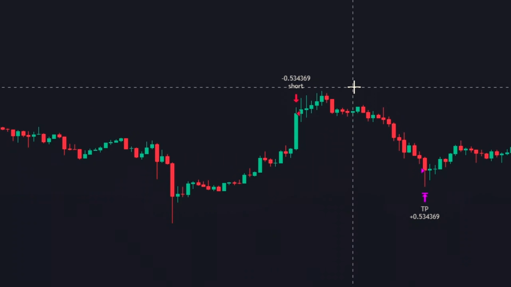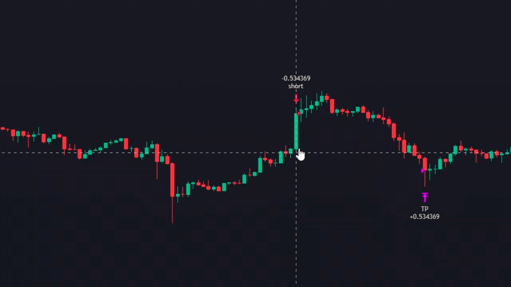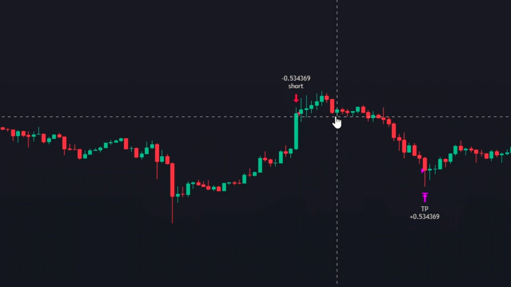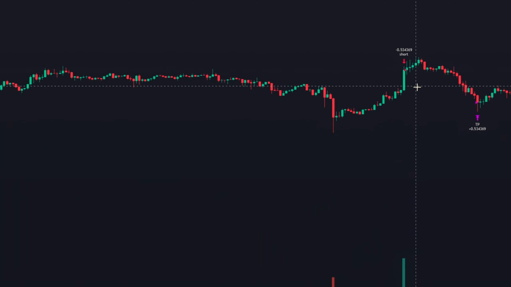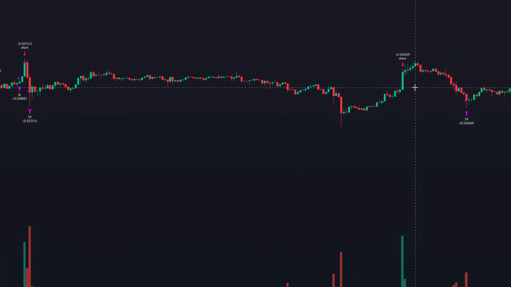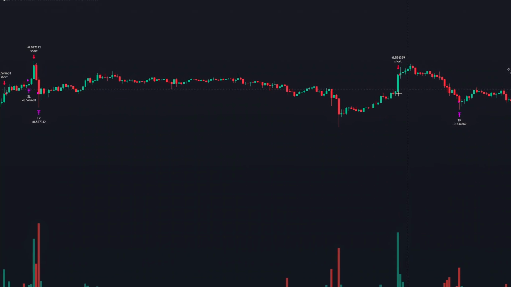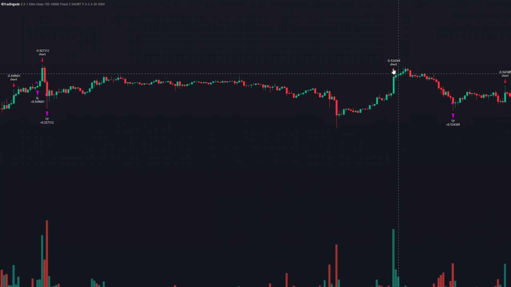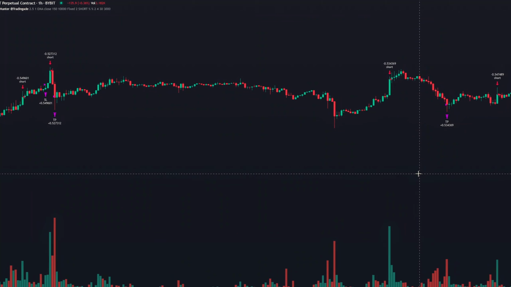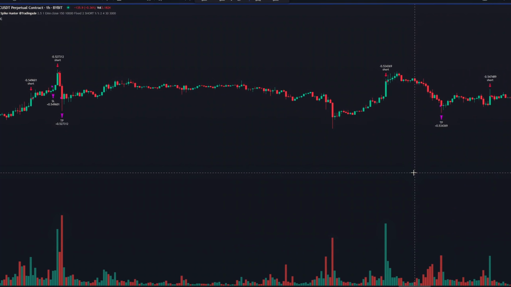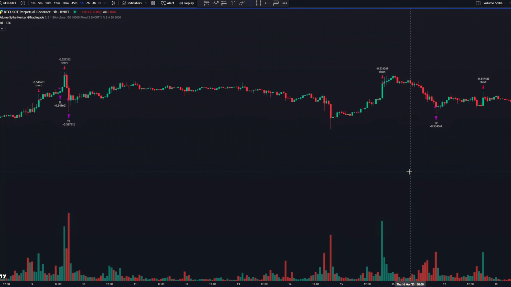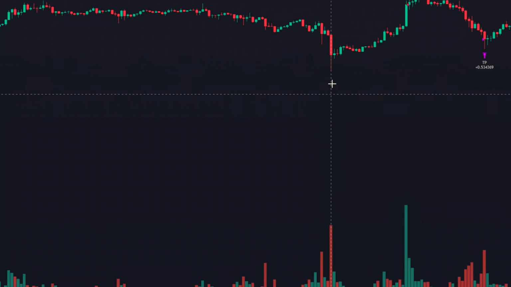Another reason could be all the reversal traders who, after seeing a huge price movement, start to open short positions. These are the two main reasons why we should expect a reversal in price after these huge spikes, both in volume and the price movement. I coded this strategy only for short positions because I realized that it works really well on the short side. As you can see here, it could work even for a long position, but I usually use this strategy